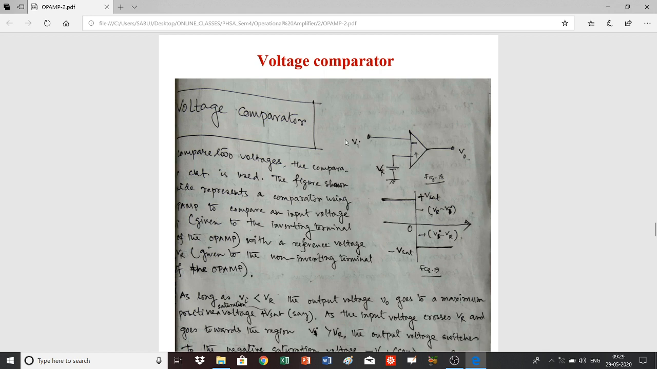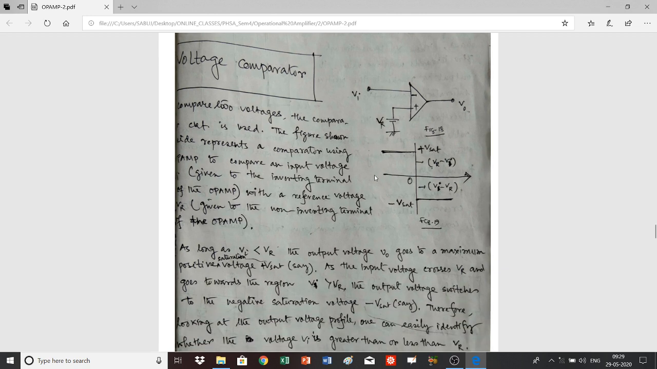That means if you wish to compare this voltage with respect to this voltage, then this voltage will be called the reference voltage, and the op-amp can successfully perform as a voltage comparator. You will be able to understand in the further discussions. Now let us consider that Vi, this input voltage, is less than Vr. So what will happen then? Vr will be greater than Vi, so